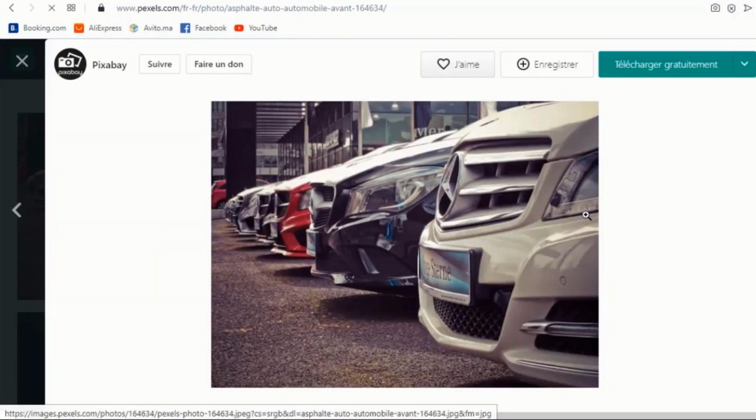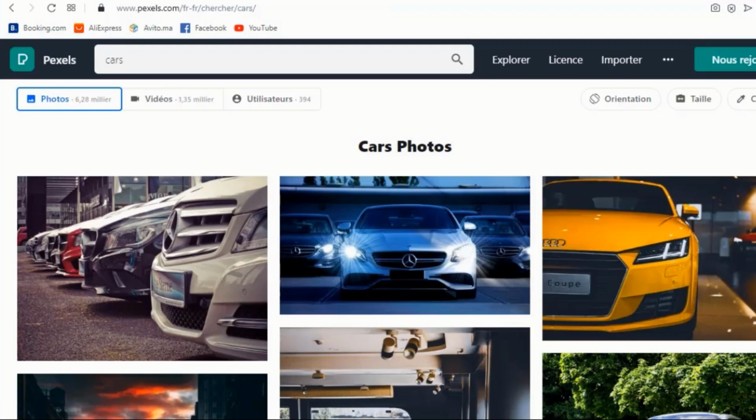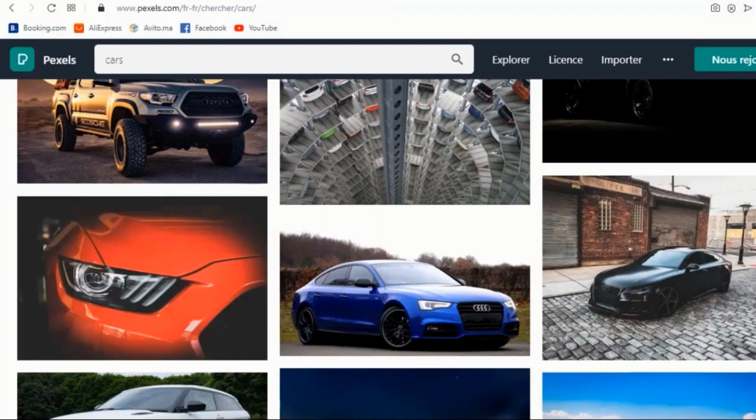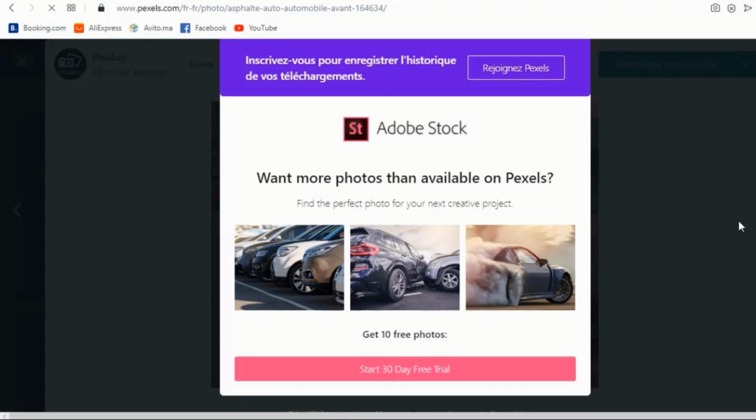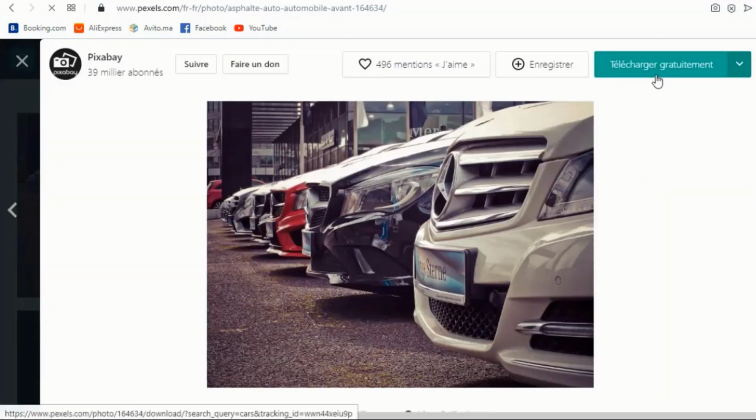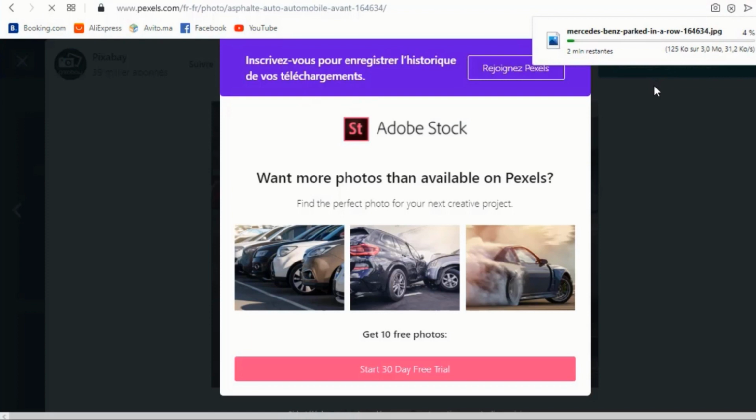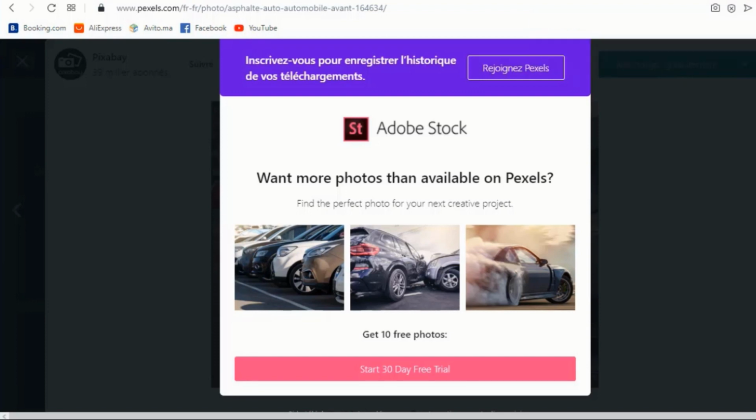So this is the same website. So you just take your time to find the one that you like. I'm just going to download this one, for example. This website provides you with images that don't have copyrights. You can use it even for commercial purposes. So just open the folder of this image,